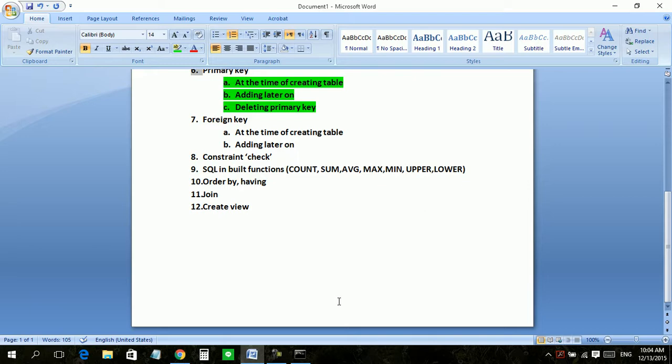For example, we have two tables, and we want to make sure that records in table 2 are only those whose entry is in table 1 already. So we can make such a system with the help of a foreign key.